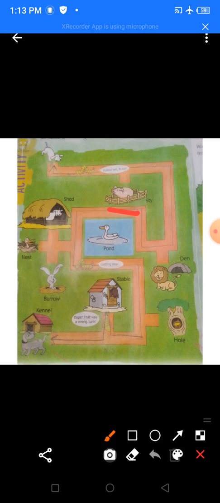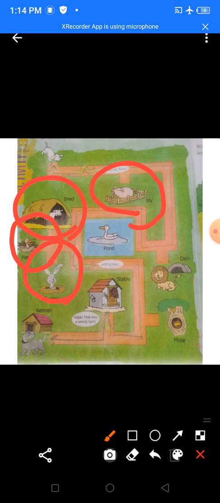She met Mr. Pig, who lives in a sty. Then next she met Miss Cow. Miss Cow lives in a shed. Then we met Birdie. Birdie lives in a nest. Then who did we see next? We saw Mr. Hare. Hare lives in the burrow. Yes. Then there's a duck.